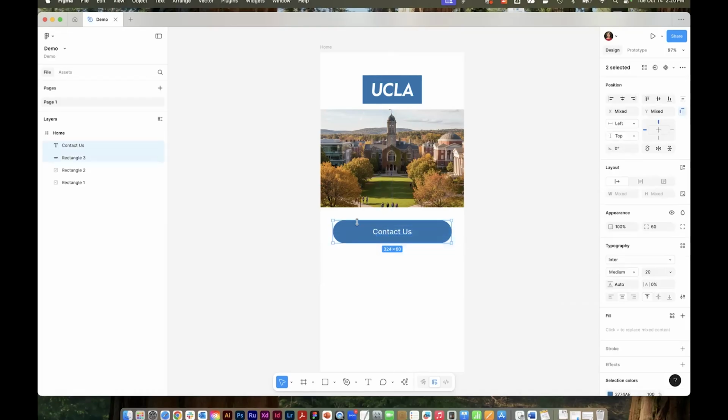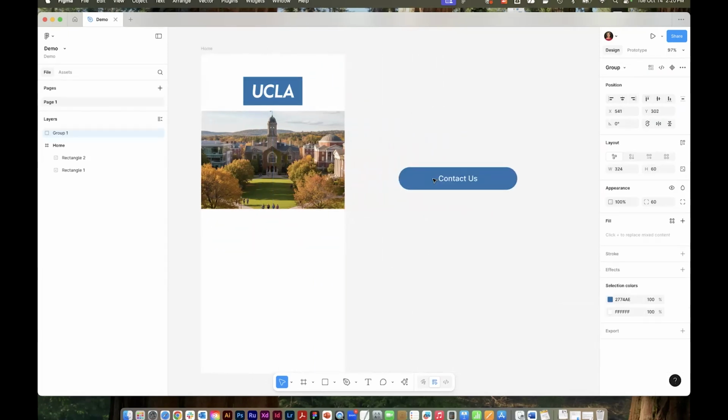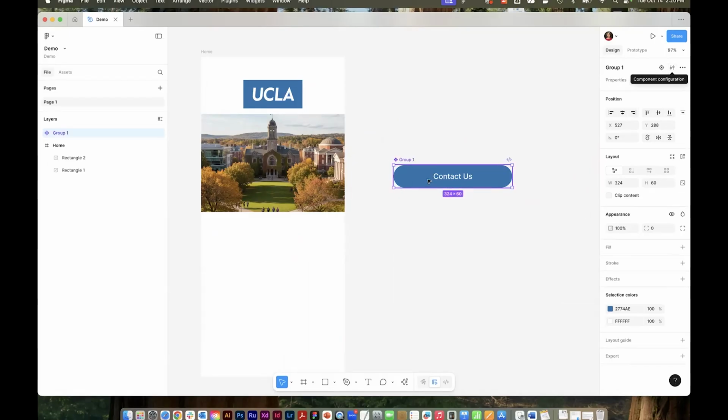And I'll select both objects, Command G to group on a Mac. Now I'm going to move this button off of our screen onto the side, and I'm going to create a component. So here you can see in the design panel under group, there are some icons. This icon that's a diamond with 4 diamonds in it is create component. And now I have made this into a button component. I'm going to rename it